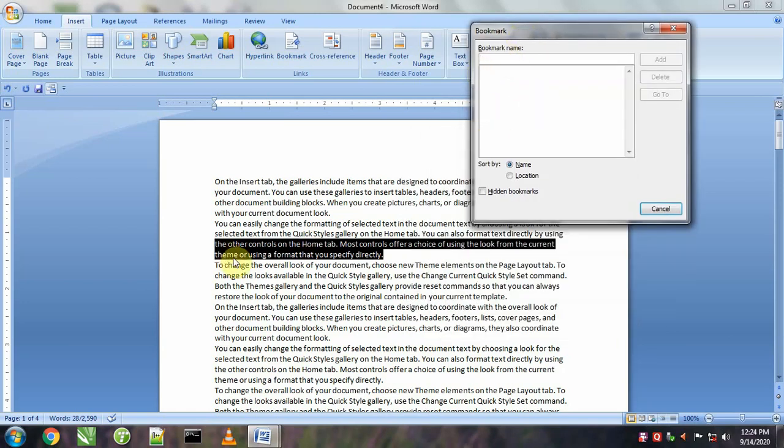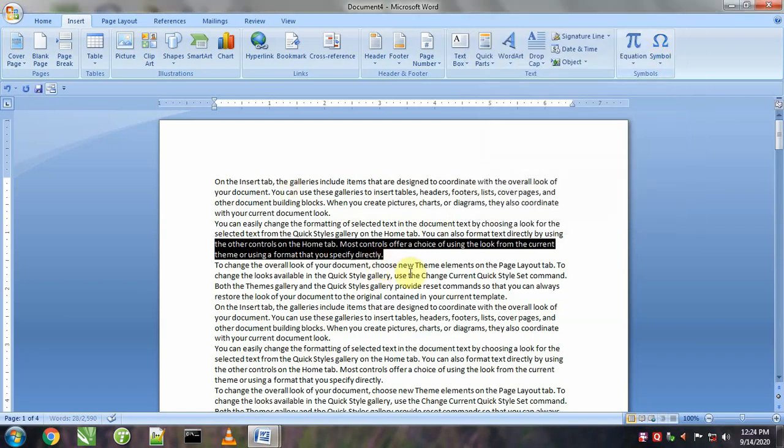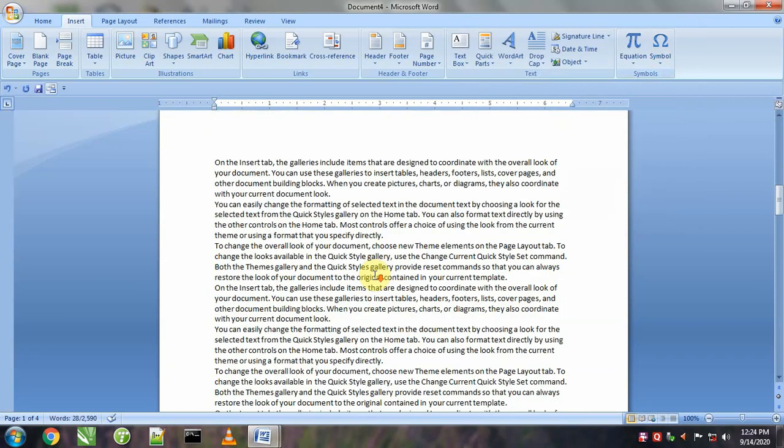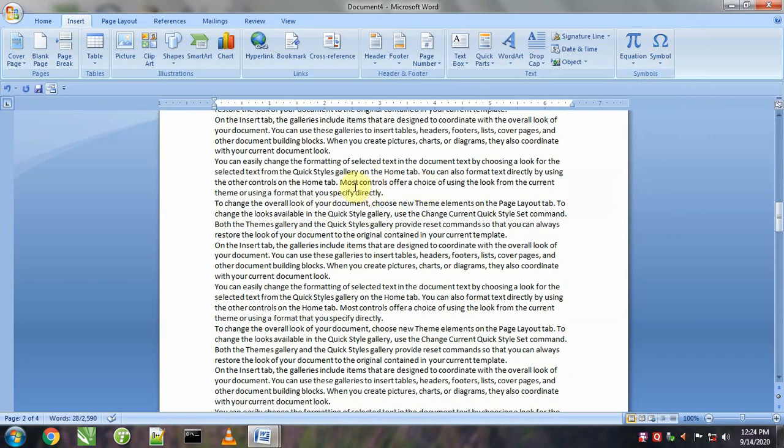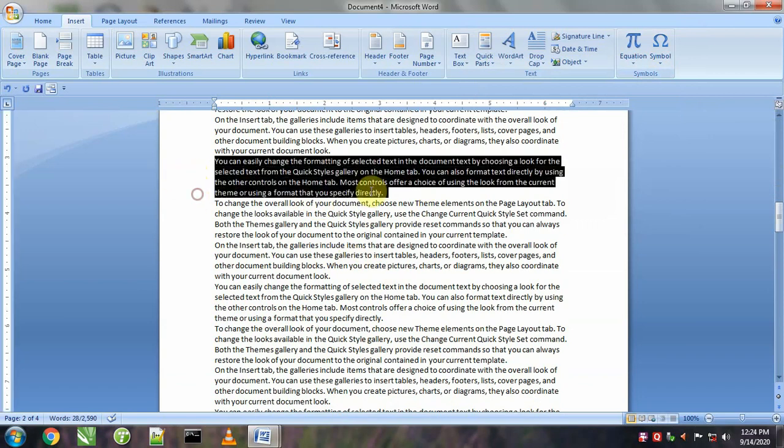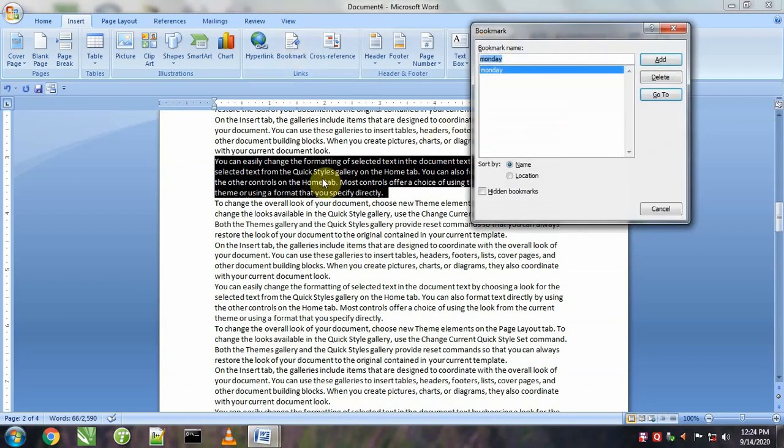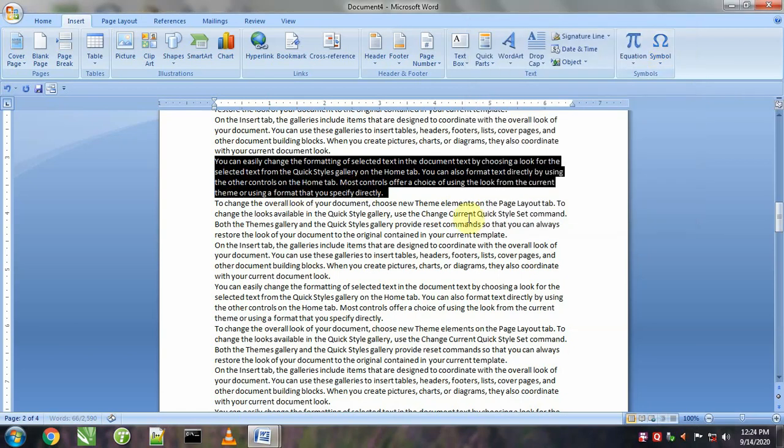Suppose I say it is a bookmark. Here I am writing Monday bookmark, meaning on Monday I studied this document up to here. Okay, add. Next, suppose I worked on this document on Tuesday, so I will say up to here it is Tuesday bookmark, meaning on Tuesday I worked on this document up to here.